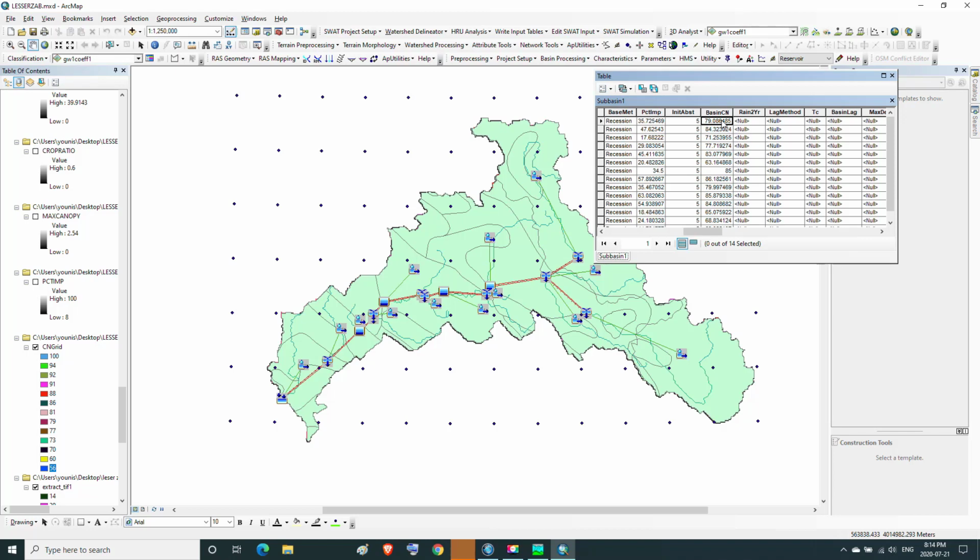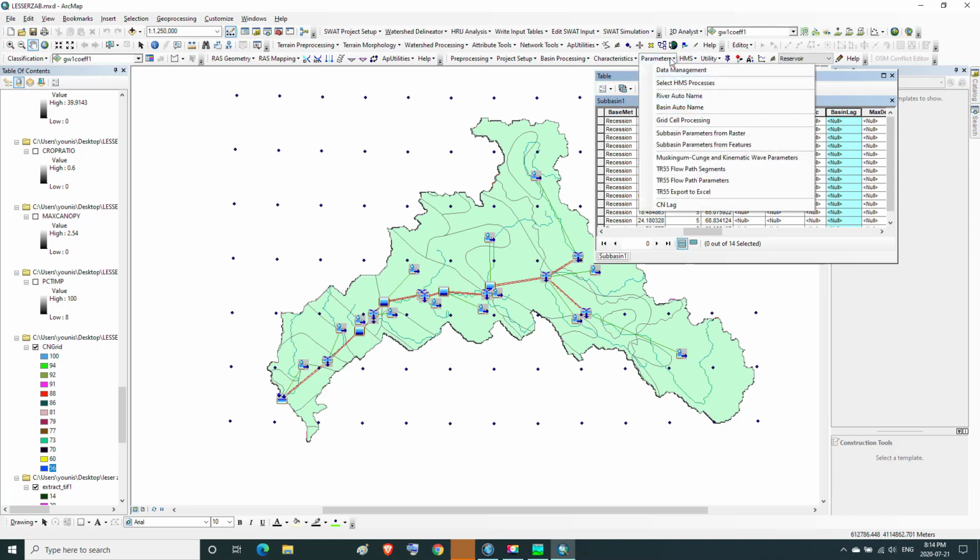Now, after we calculated the curve number values for the subbasins in the study area basin in the basin CN field, we calculate the values of the basin lag. To do so, we return to the parameters menu, and in it we press on CN lag.